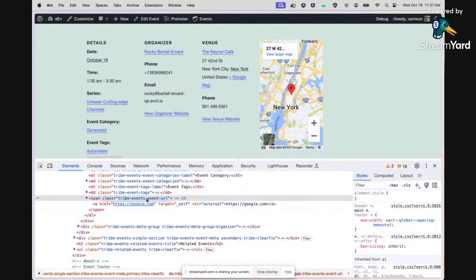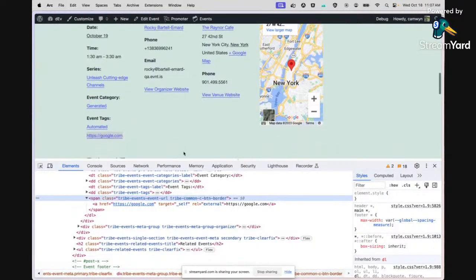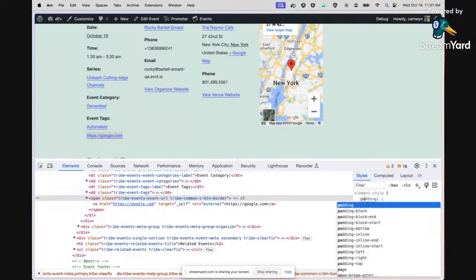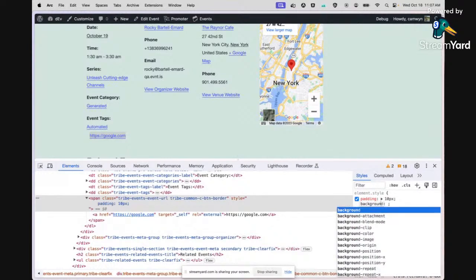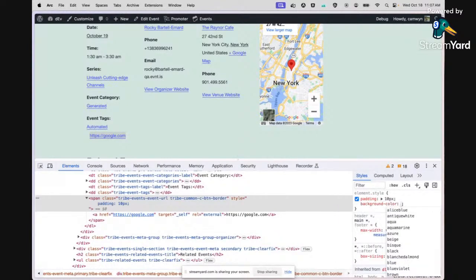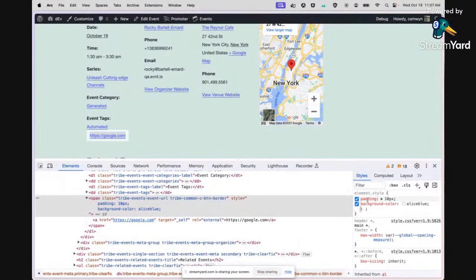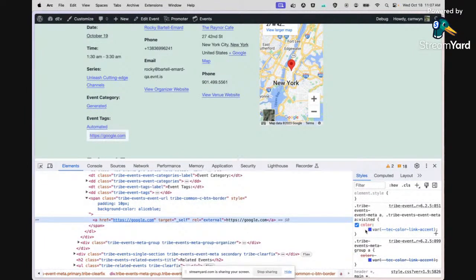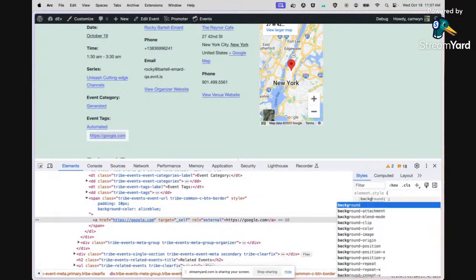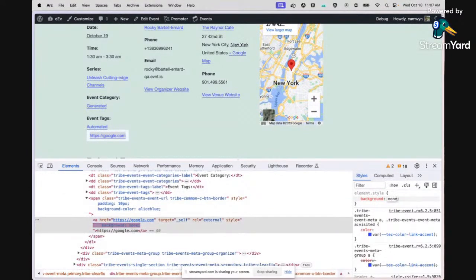bear with me, to the span, and then we get some of the styles of a button, and then we can go in and change the styles. So we can say things like padding, it's going to be 10 pixels. Background color is going to be, I'm just going to pick colors at random. We're actually going to go in here and say background none,